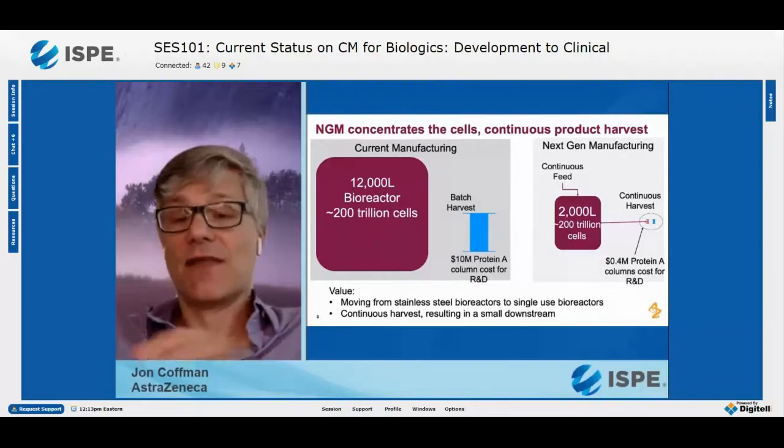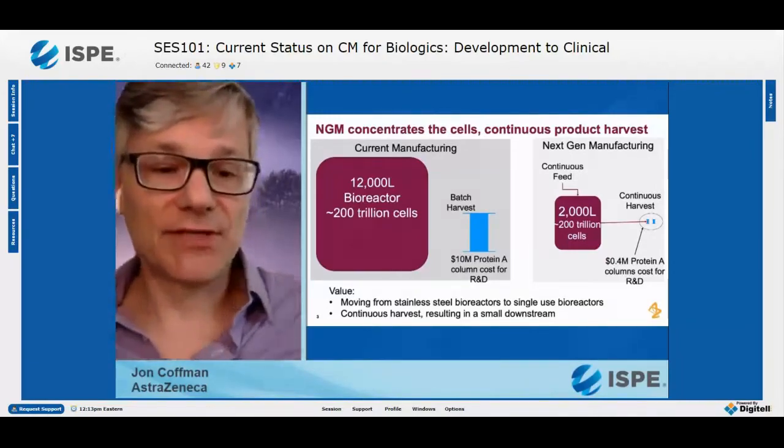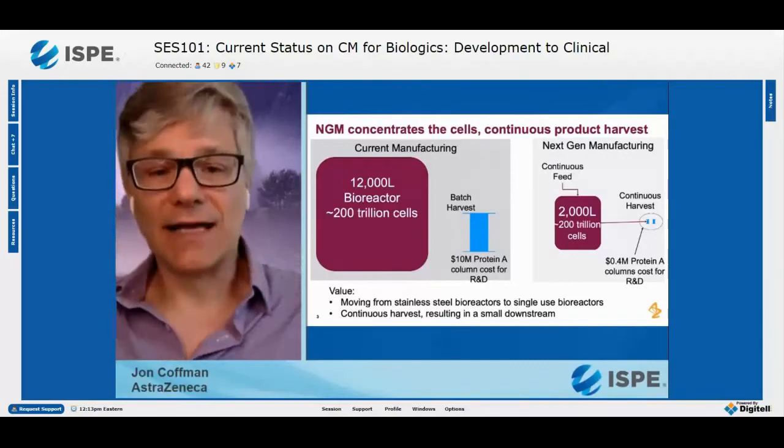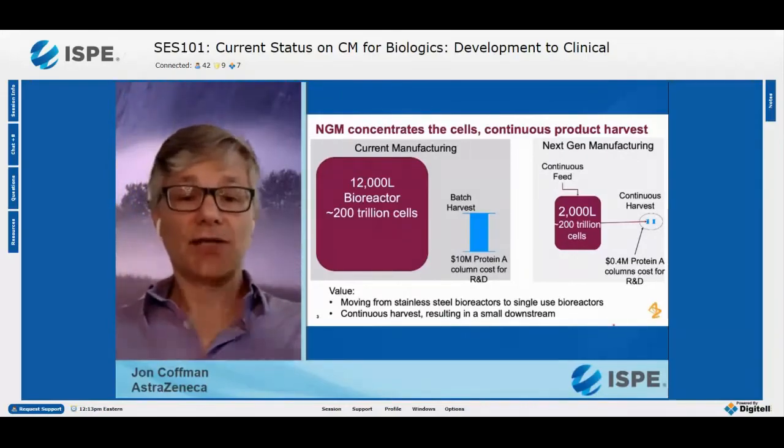That, in my mind, is 80% of the value of going to a continuous integrated downstream, which I'm calling next gen manufacturing. Other people will disagree to some extent, but I think that is where 80% of the value comes from in going to continuous and next generation. And so what I'm going